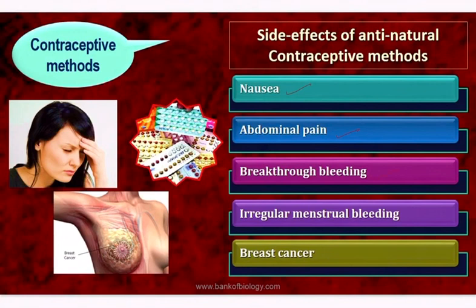So side effects of these contraceptive methods, what happens if these are taken? One is nausea, that is, a vomiting sensation will be there. Sometimes the female will have abdominal pain, stomach ache. There will be breakthrough bleeding, a lot of blood coming out through the vagina, irregular menstrual bleeding, the menstrual cycle gets